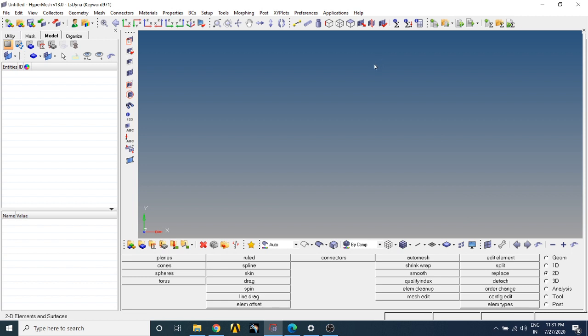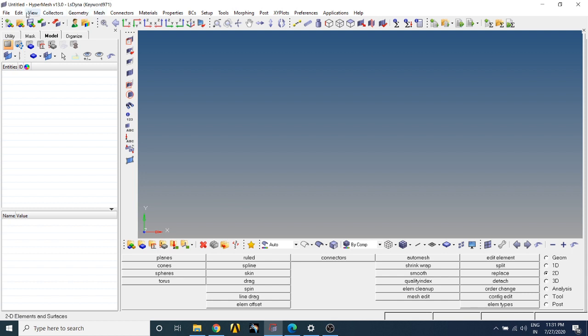This graphics user interface has many parts. Let us discuss each and every part. On top end, please follow my cursor so that you can easily understand whatever I say. On top end, whatever you can see here, Hypermesh version 13.0 LS-DYNA, this is called a title bar.